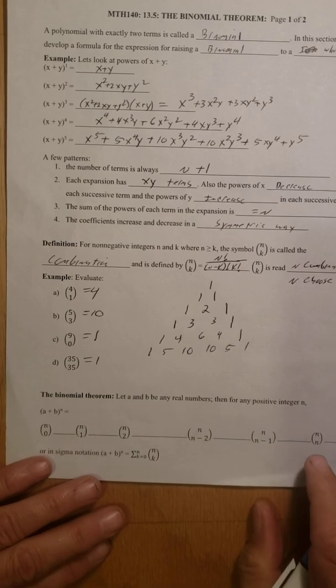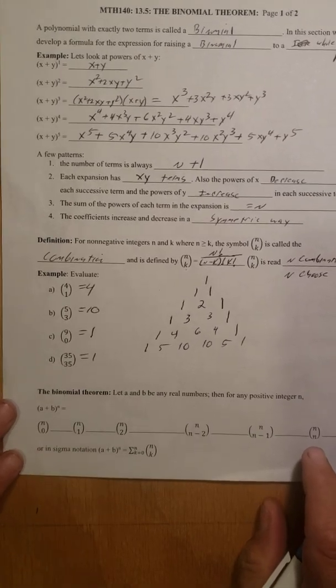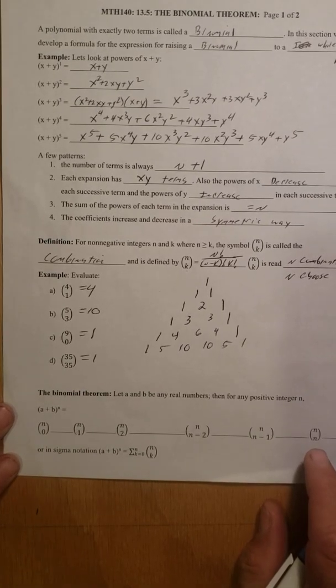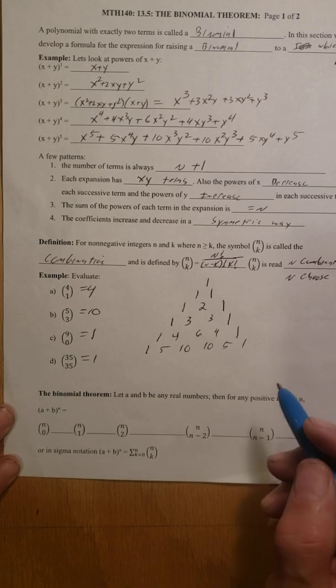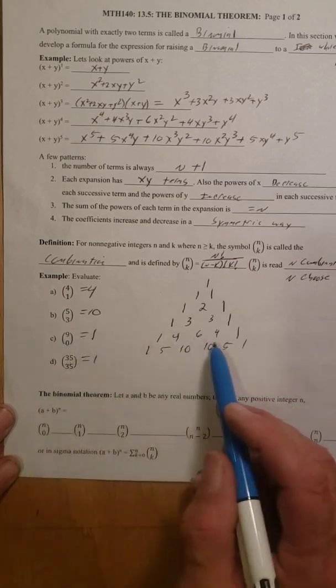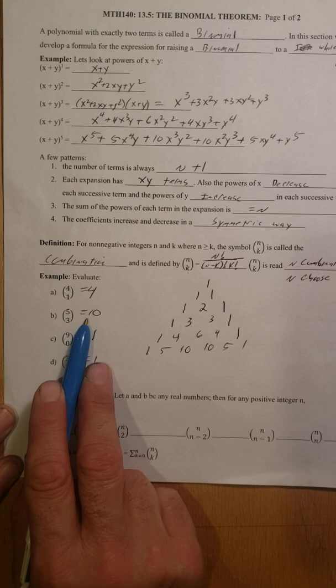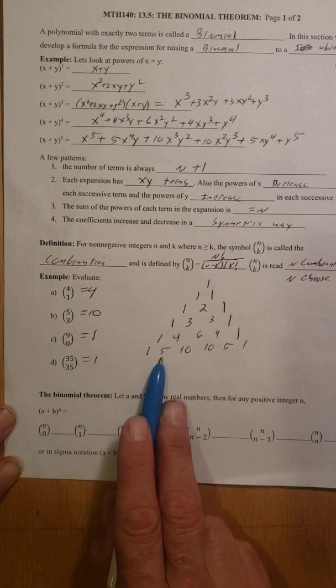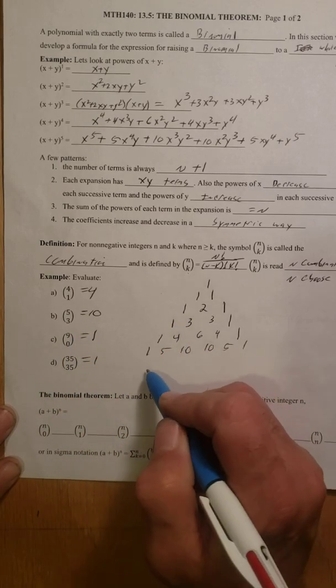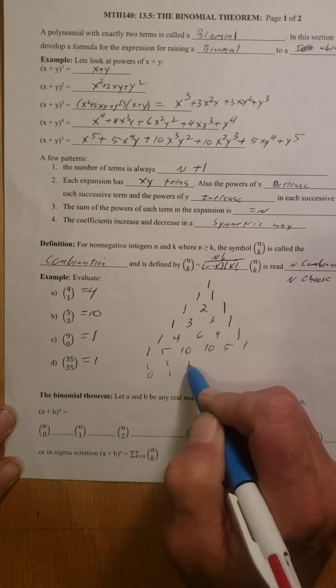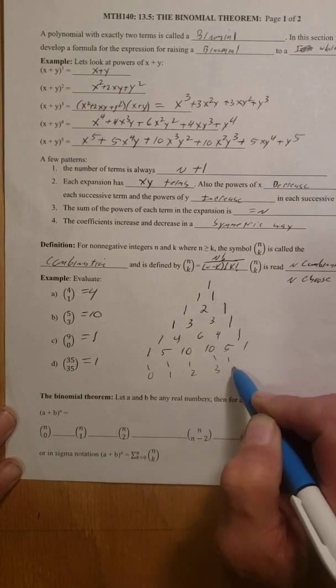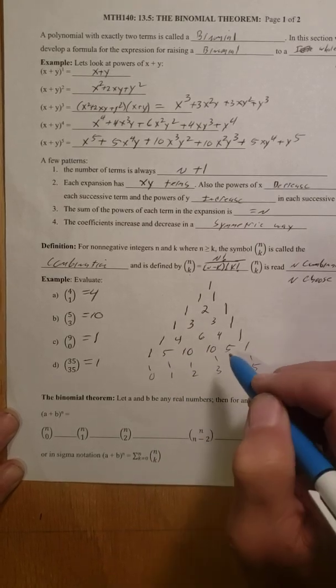So you might want to do that sometimes too if you're doing a lot of these things. Okay. All right. Now, how this corresponds to this, like this 5 choose 3, I go down to the 5th row and I start counting at 0. So this is 0, 1, 2, 3, 4, 5. So this number,